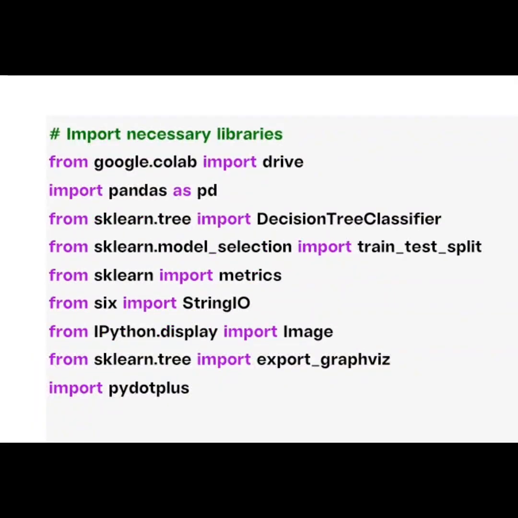This section imports several libraries that provide specific functionalities for the code. Number 1, import libraries. Number 2, access data from Google Drive. Number 3, load and inspect data. This code sets up the environment for analyzing the dataset and inspecting its interaction, preparing it for future processing and